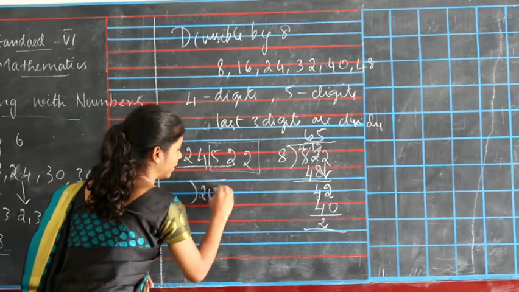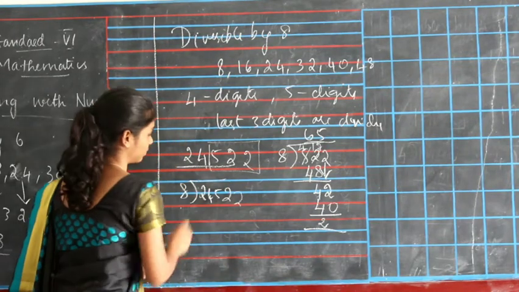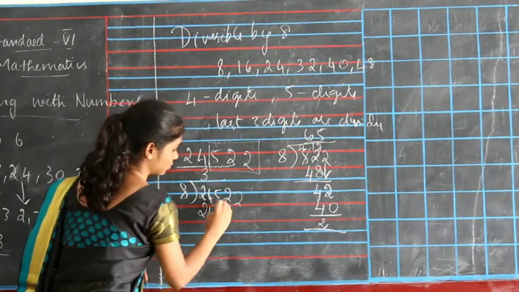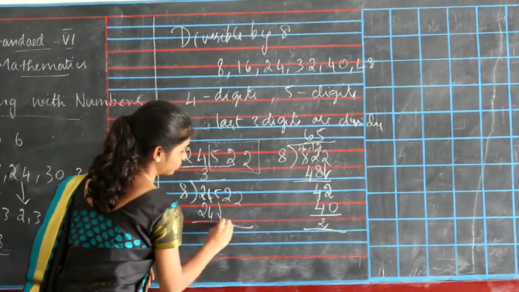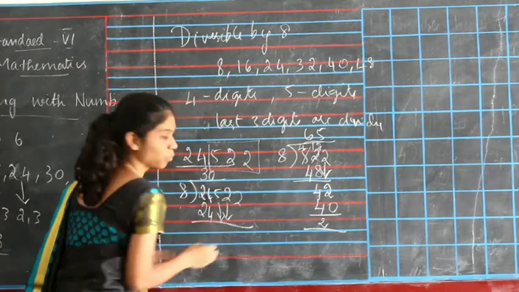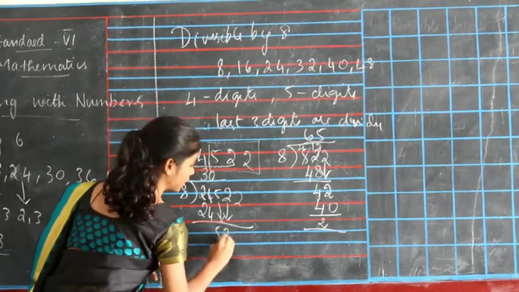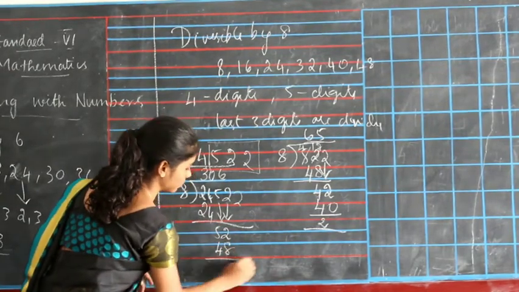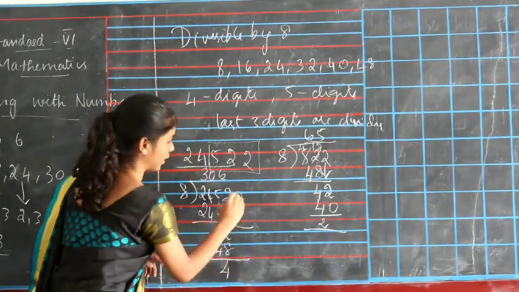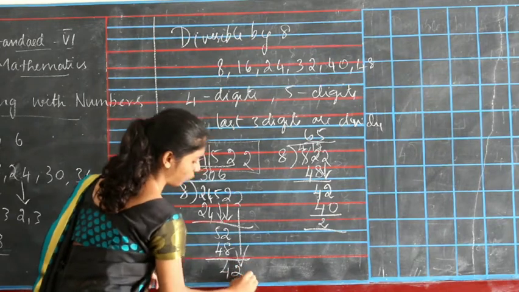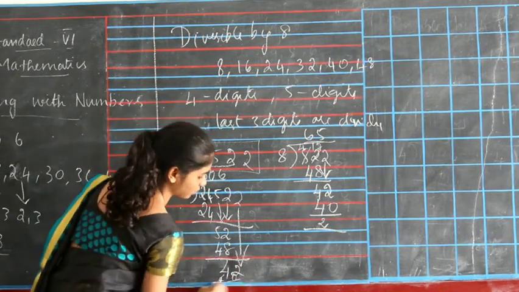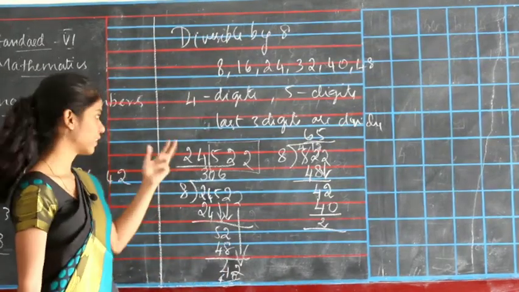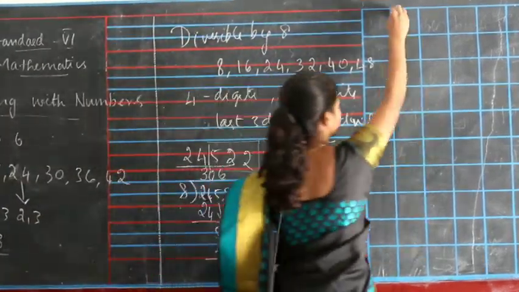24522 divided by 8. 8 threes are 24, right? And then we'll get 2 numbers, putting a 0 up, 52. Then 6 are 48. This will give you 4, and then getting the 2 down, 42. This cannot be divided by 8. So the theory is checked.